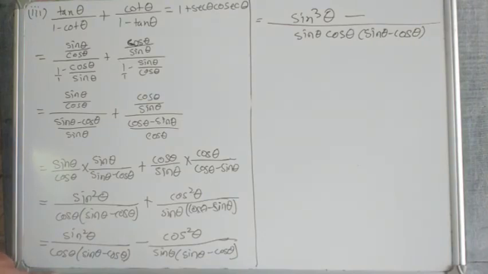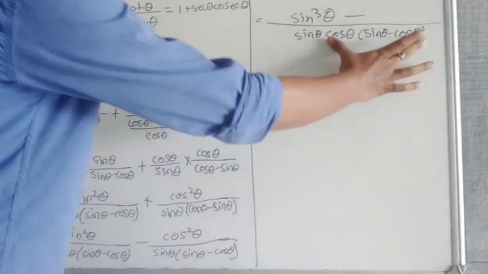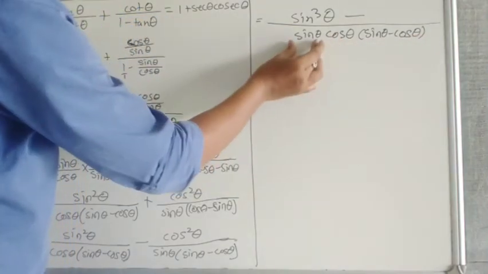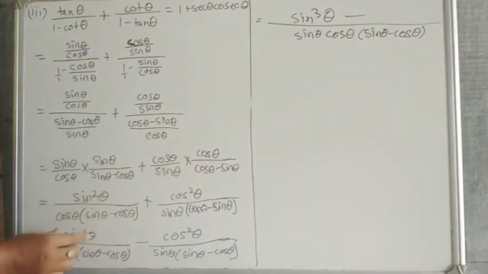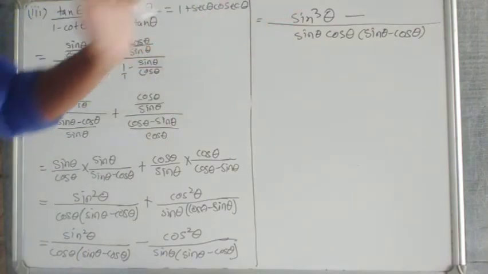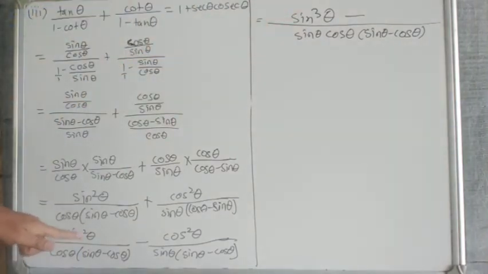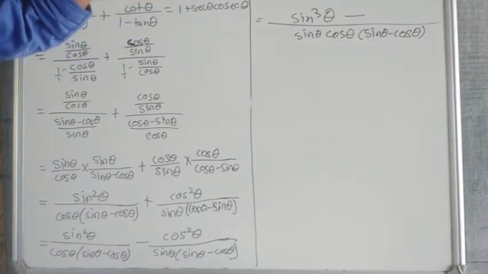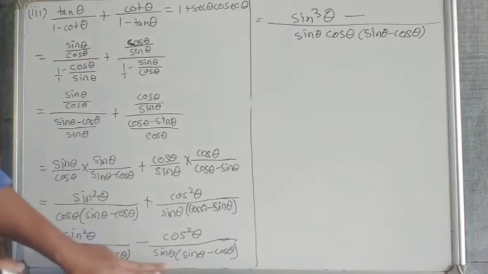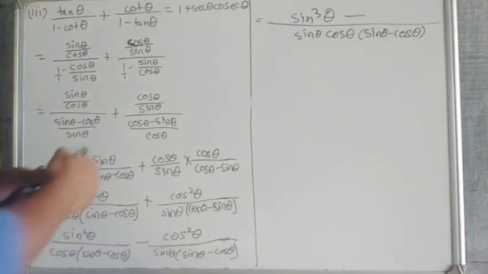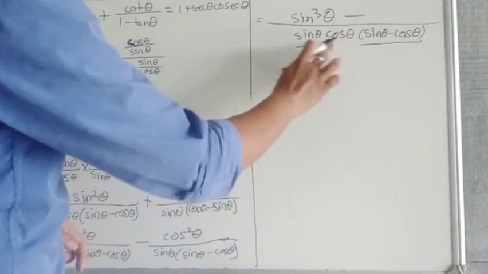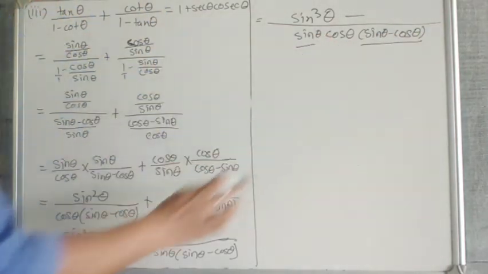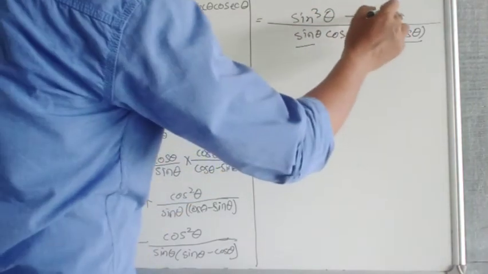Okay, cos theta whole and the bracket sin theta minus cos theta, it is already there. What is not there is sin theta. That sin theta will multiply with this sin square theta, and one more sin theta gives me sin cube theta. Clear this one? Same way this side. Now sin theta and sin theta minus cos theta are there. Which is not there? Cos theta is not there. So cos theta will multiply with this cos square theta and become cos cube theta.